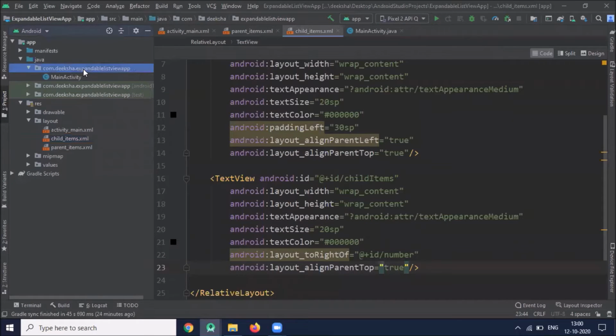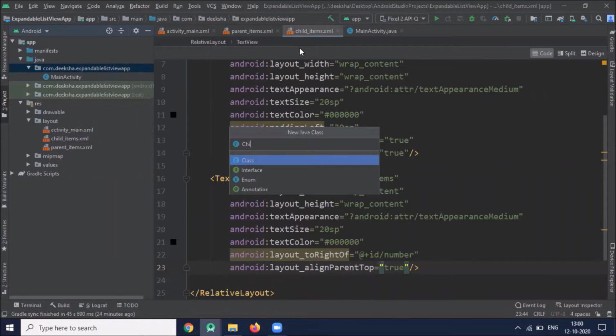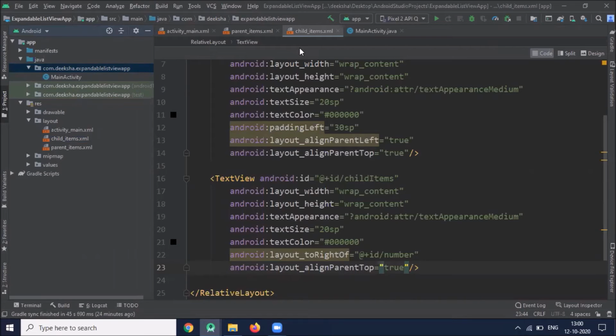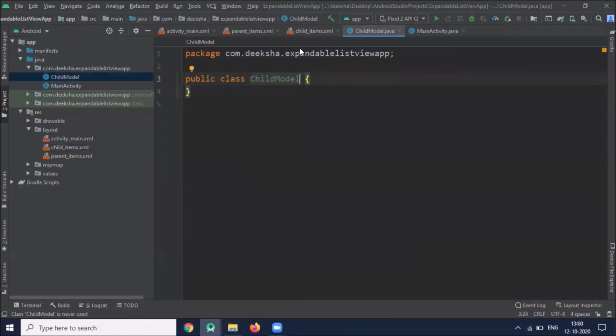Now we will create one class, name it child model. And this class we are creating for setting and getting the name and number for the child items.